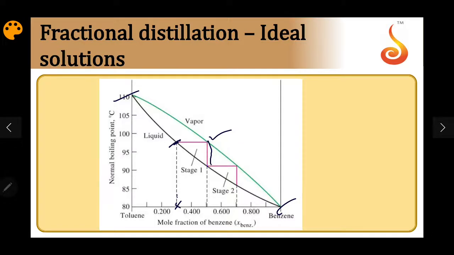When you condense it, you get back this liquid, and the liquid is again boiling at a lower temperature. This is the vapor composition, and when you condense, you get liquid over here. Like that, if I continue further, I will ultimately get pure benzene. If I go on removing benzene in the vapor phase, the liquid residue will move towards toluene. So from the liquid residue I can get toluene, and from the vapor I can get benzene. So both the liquids can be separated by fractional distillation.